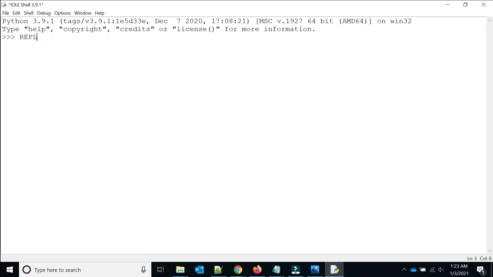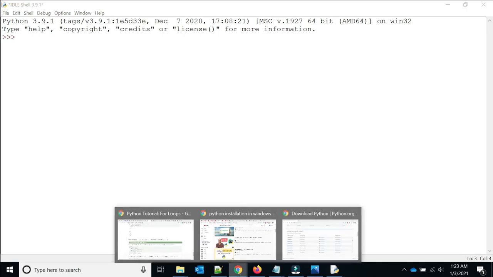That is REPL. Generally it is mainly used for our learning purpose, but in the industry it is not recommended to use IDLE. In industry there are many IDEs used. IDE stands for Integrated Development Environment. There are different varieties of IDEs, like PyCharm, IntelliJ and others, and the most popular is PyCharm. So we will be installing PyCharm in our system also.